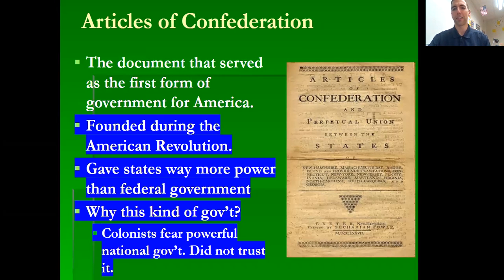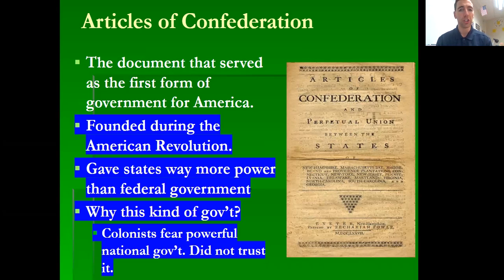When we're establishing a bad government, we're talking about the first governing document of the United States. We have two governing documents in our entire history: the Articles of Confederation, which lasted for 7 years, and the United States Constitution, which has lasted since 1789. One of these was bad and one of these was good. The bad one lasted 7 years. That's the Articles of Confederation.